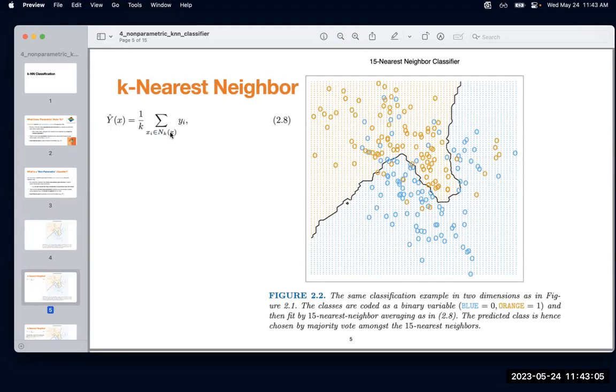And that y hat is essentially going over the y's, the ground truth values, or the target values that you have from the training data, from the available data, for every single sample that belongs to a neighborhood of that input that you are trying to predict. So the input that is being given to that y hat function essentially would determine the points that would be taken into consideration,